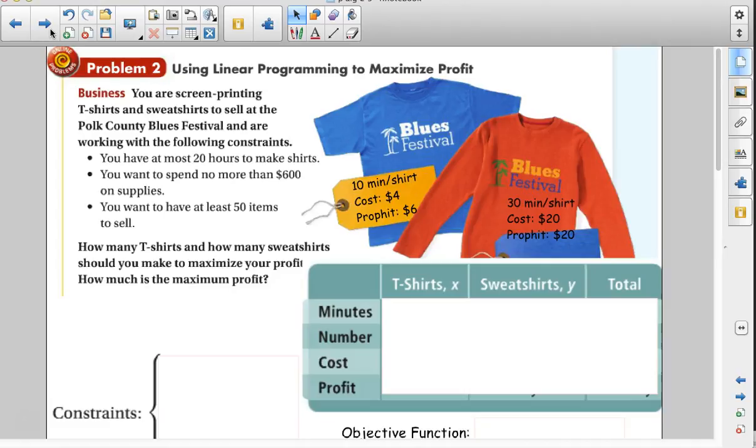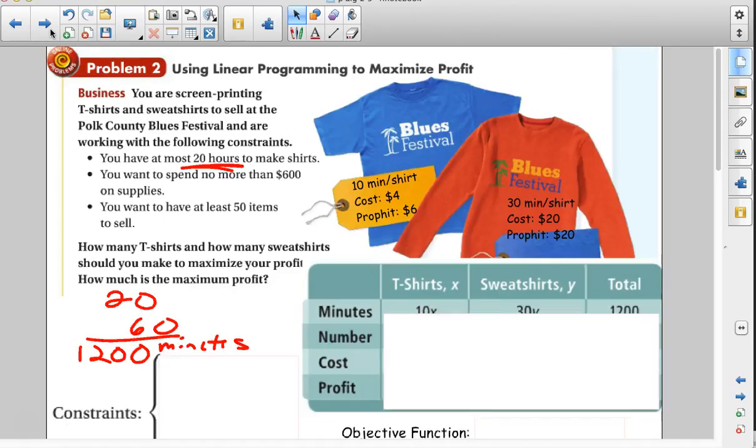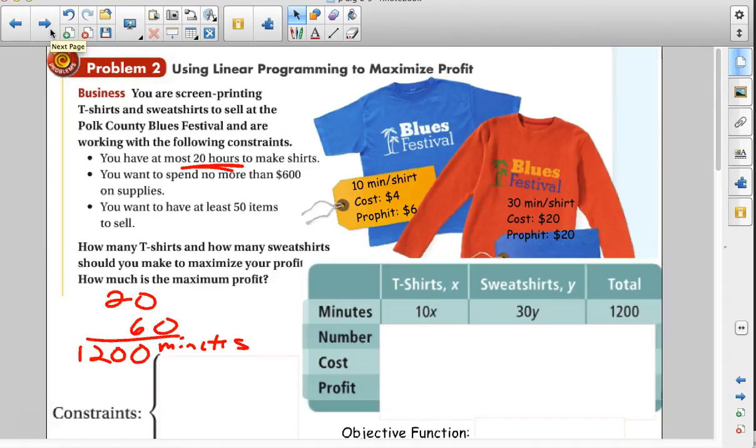So you go over here and you're looking for information, and it says 10 minutes per shirt and 30 minutes per shirt. Well, this is the t-shirt and this is the sweatshirt, so one takes longer than the other. And you realize, uh-oh, that one's in hours. Well, you can't do that. If you're going to talk about time, you have to have those in the same units. So you'd have to take 20 times 60 and get that into minutes so that you can actually come up with a constraint that's going to make sense with this. So the first one we see is going to be 10x plus 30y